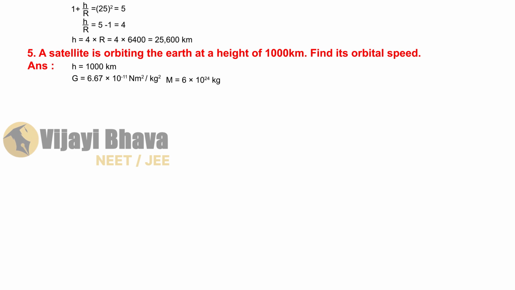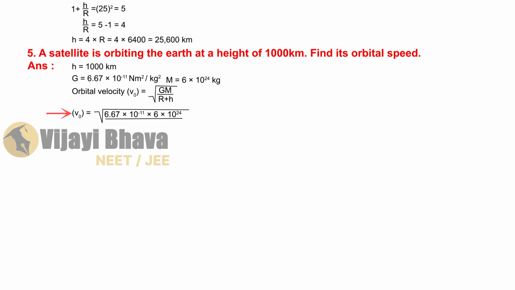Substituting all these in the formula for orbital velocity, V naught is equal to root of GM by r plus h, we get V naught is equal to square root of 6.67 into 10 power minus 11 into 6 into 10 power 24 by